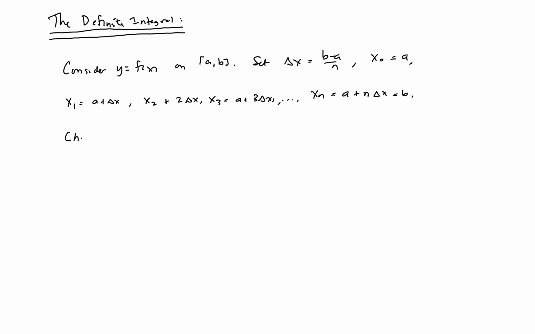Now we're going to choose some xi star in [xi, xi plus 1] for each i with 0 less than or equal to i less than or equal to n minus 1. So this means we're just picking a point in each subinterval where we'll be evaluating the function for our Riemann sum. And so then we have